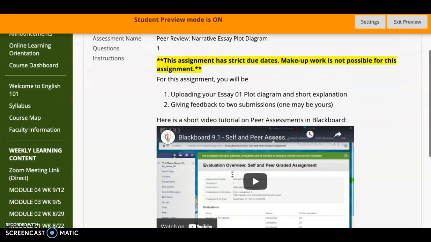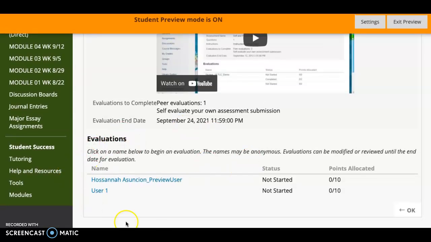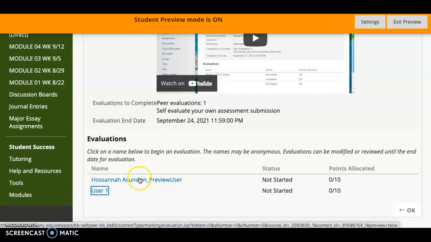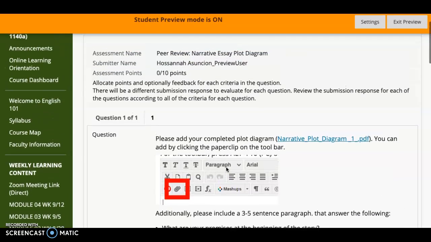and if you've submitted your plot diagram, what you'll see here are the evaluations. So you should see yourself and another person. So in order to do the evaluation, you'll be clicking on the person. So here,